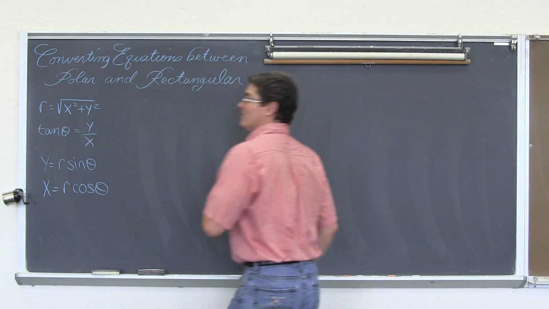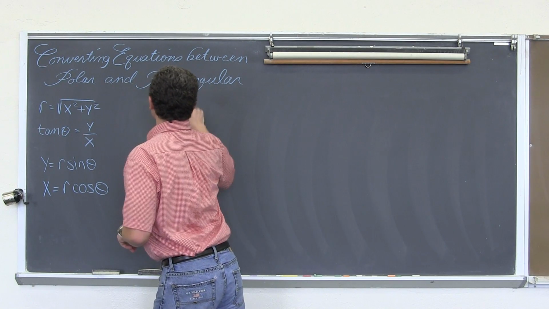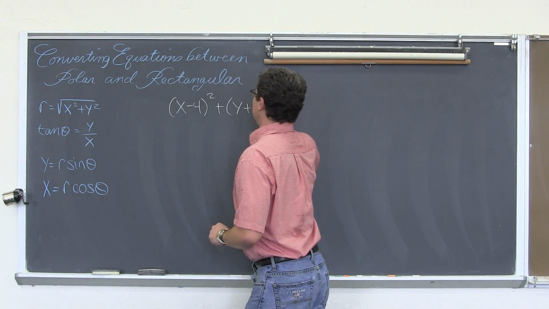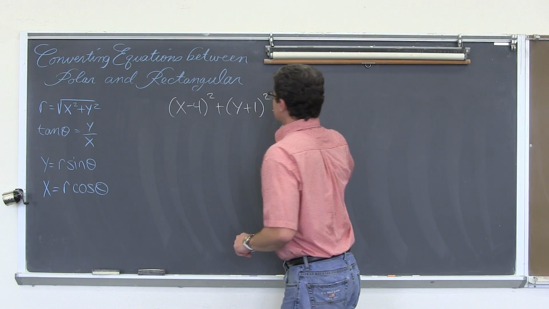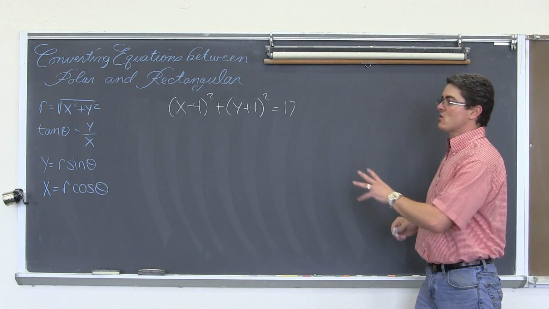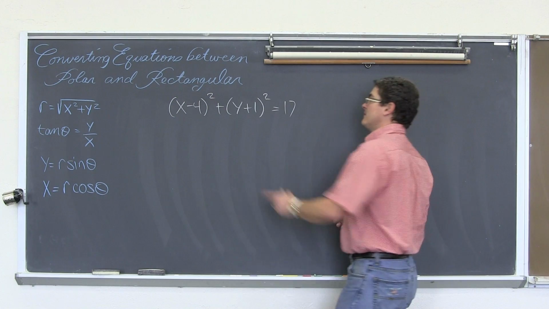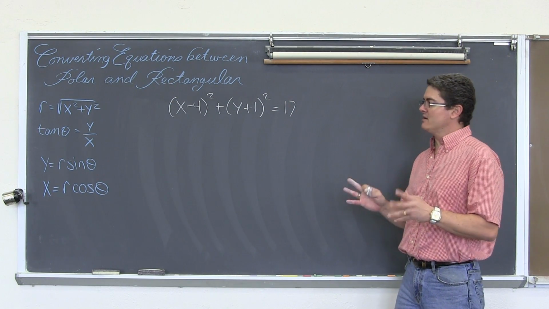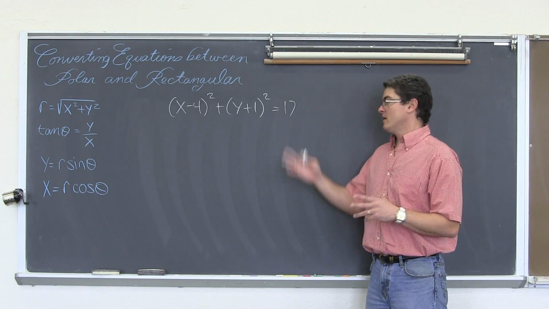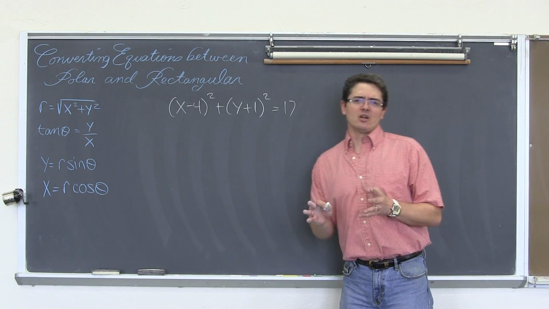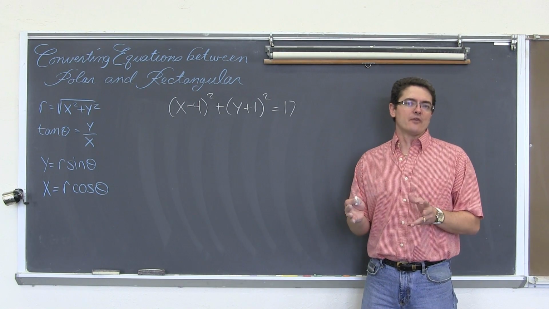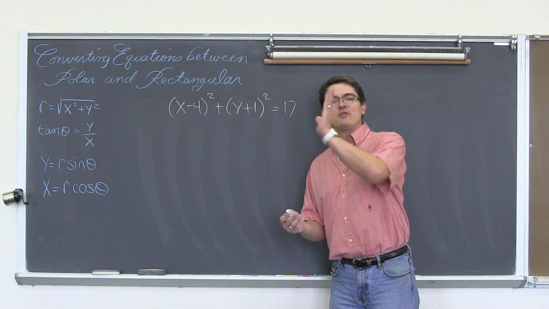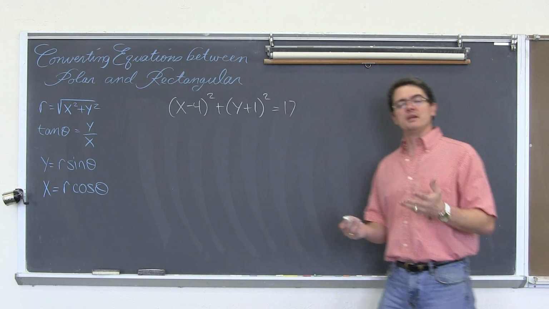Okay, we got one more example. It's going to be a bit of a long one though. We have x minus 4 squared plus y plus 1 squared equals 17. And we're going to get this equation of a circle into polar form. I made these numbers up myself, but I had to adjust them a little bit because the constants weren't canceling out very nicely, and it was nearly impossible to get r completely isolated in terms of theta.